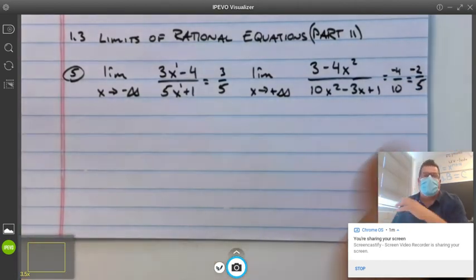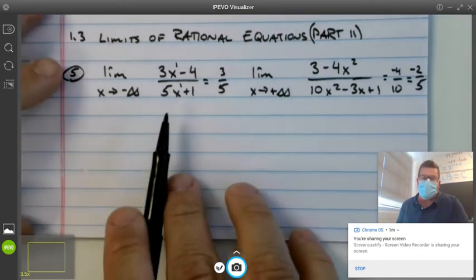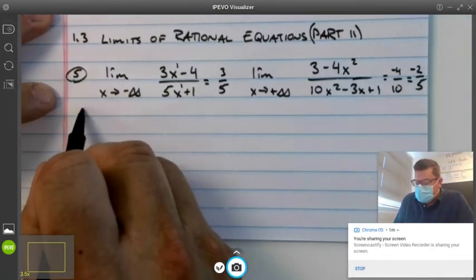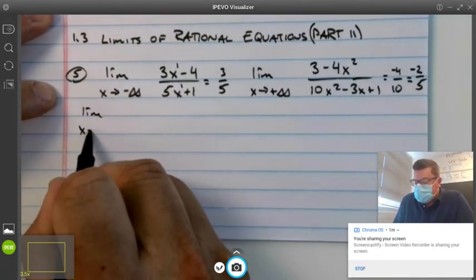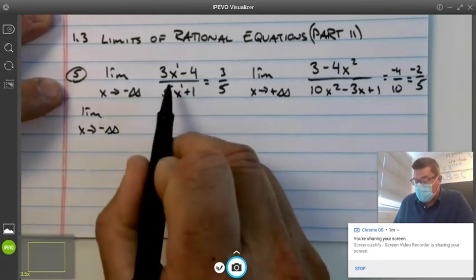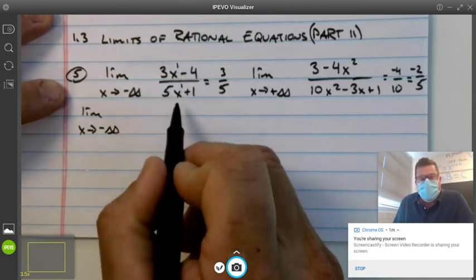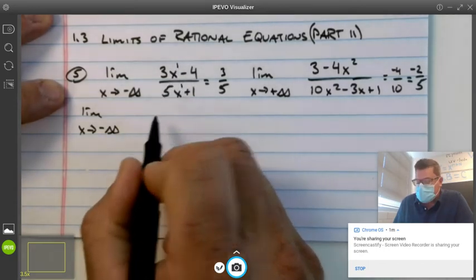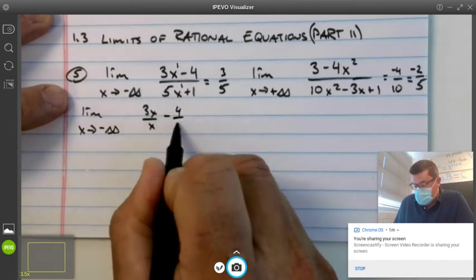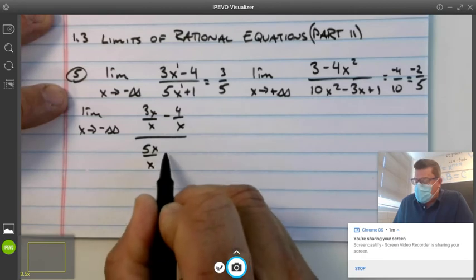Okay? Now, let me show you how the book wants you to do these problems. So this is the algebraic approach. The calculus approach is divide everything through by the highest power of x everywhere. So the highest power of x in this problem is x to the first. Take 3x and divide it by x, 4 divided by x, and so on and so forth. When you divide everything through by x,